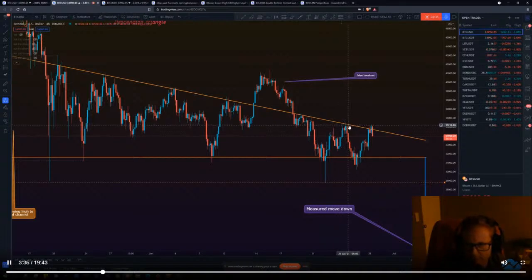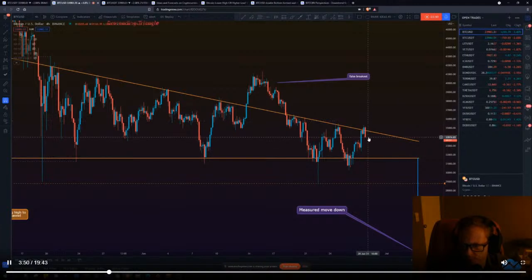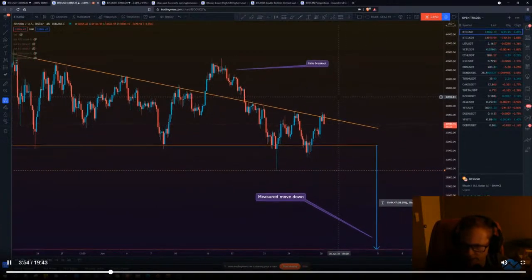Personally, I think you want to break that previous high, that previous nearest high. So 355, so 35.5K. And we haven't been able to do that. It looks like we're coming down. We're sitting at the 34K mark. And it's kind of looking like it wants to come down. It is interesting, the more I